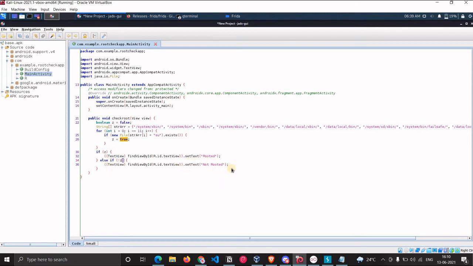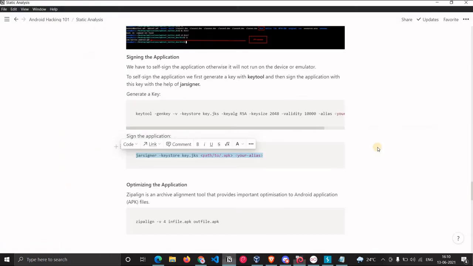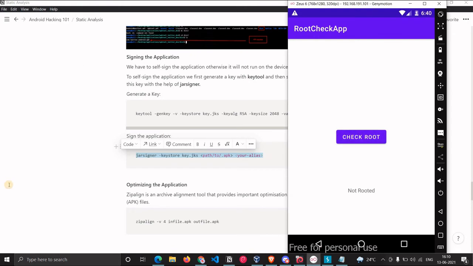So in another application, or an application which you are hunting or pen testing, there may be some different functions the developer might declare depending on this value. If they're saying that Z is equal to true, then run this particular piece of code. But since we are declaring it equal to false, even though it exists, that function will run and it will say that yes, the device is not rooted. So then your application will work. It won't give you a pop-up or an error that the device is rooted and you cannot run the application. So this is how, depending on the application, you can read the code, figure out what is happening, and bypass the root check.